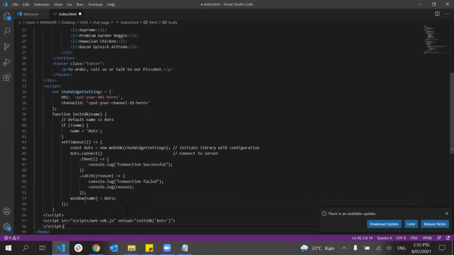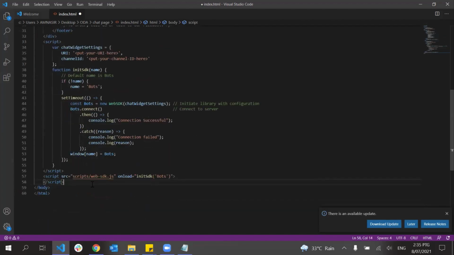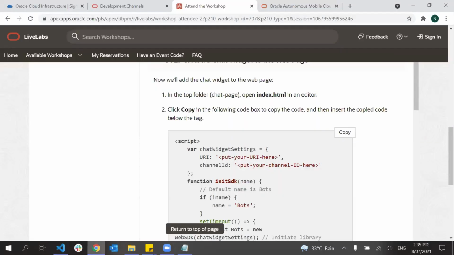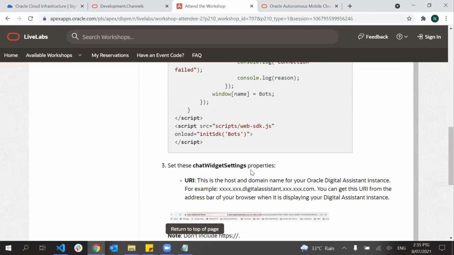So I copied it and now I paste it. So yeah, it looks fine. Opening script, ending script is all there. Okay, so now we have that. Just leave it there. And then the next thing we need to do, based on this step, is